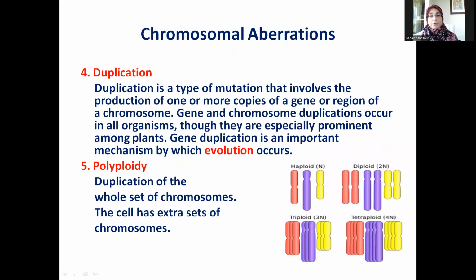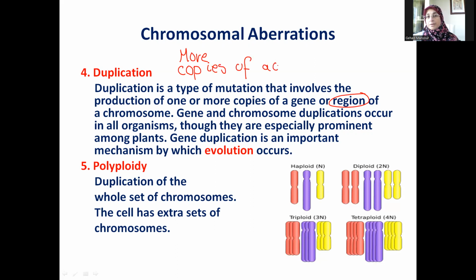So here we have duplication written. Duplication is a type of mutation that involves the production of one or more copies of a gene, or more than one gene, a region on the chromosome, but not the whole chromosome. Of course, chromosomal duplications or duplication of genes on a certain chromosome will result in the organism having more copies